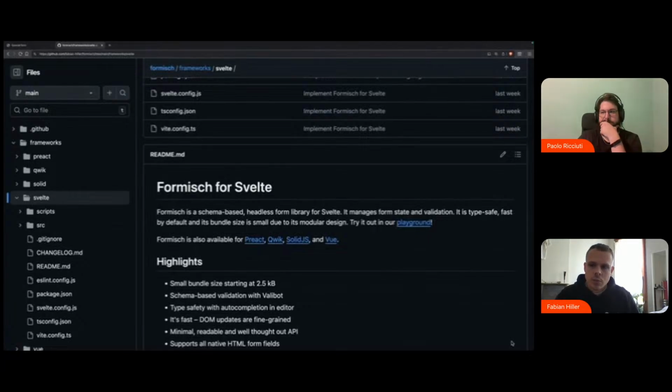So in this case, Formish and the login form you just saw will start at 2.5 kilobytes. And I guess there is almost no form library out there that offers all these functionalities and benefits in such a small bundle size. Yeah, that's also something that I'm very happy about. In general, all of your libraries, the fact that you are very keen on bundle sizes,